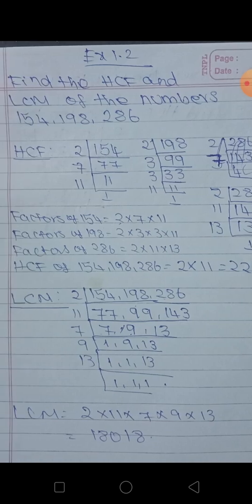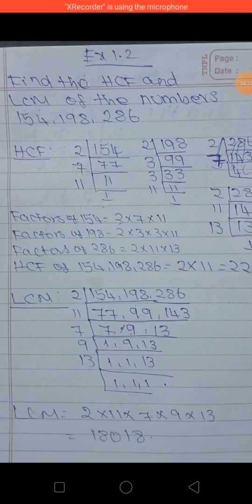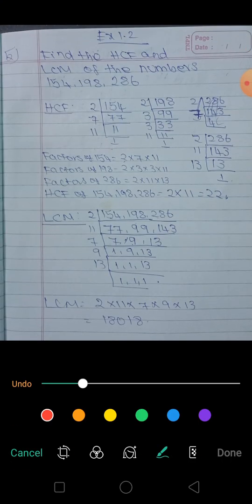Okay, so common. Highest common factor, which means what? Common means there is a common term between all the three. So what are the common terms between these three? Which terms are common and present in all of them? 2 is common. 3, no. 7, no. 13, no. And 11 is common. So only 2 and 11 are in all three. So 2 into 11 is equal to 22. So 22 is the highest common factor.